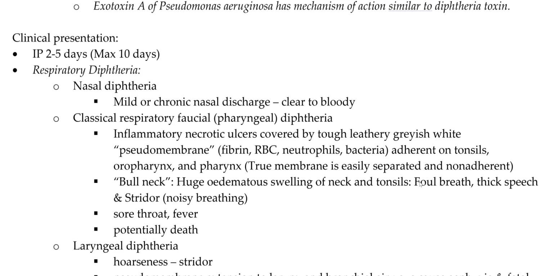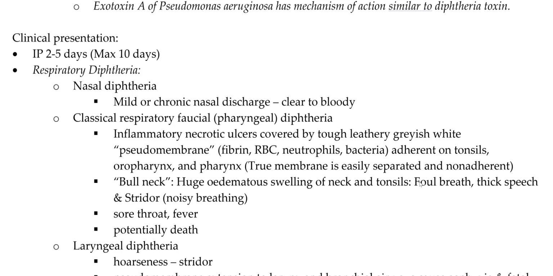on the severity. And the classical respiratory or faucial diphtheria, also known as pharyngeal diphtheria, is the classical case in which inflammatory necrotic ulcers are produced and they are covered by a leathery grayish white pseudomembrane. And I already told you that pseudomembrane is nothing but necrotic cells, fibrin, RBCs, neutrophils, and bacteria. And it is adherent to the underlying structure, that is tonsil, oropharynx, and pharynx. That is what separates it clinically from a true membrane, because a true membrane will get easily separated and is non-adherent. But you should not try to test this out, because it may lead to bleeding